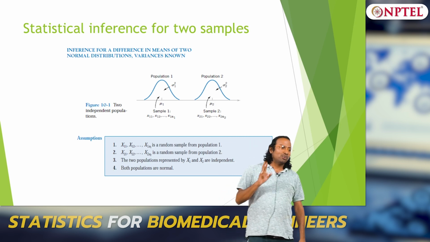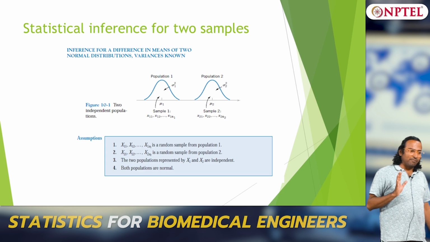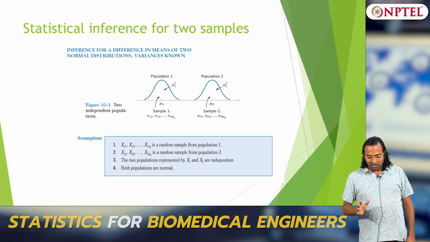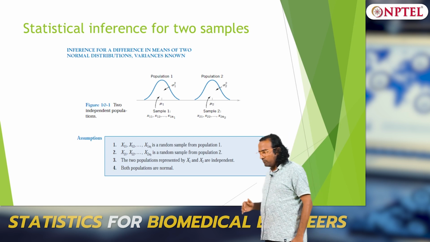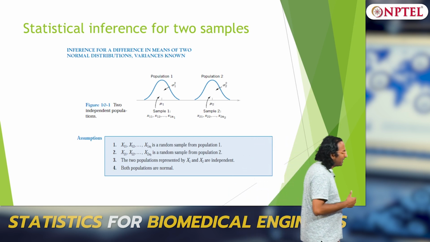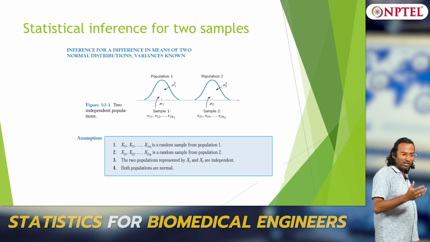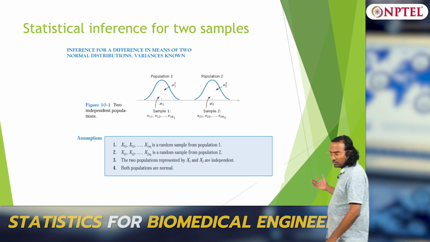What do I mean by that? Two random variables, basically. We are talking about two random variables instead of just one, and of course with assumptions. So first let us take a simpler case. We have not formally defined correlation or multivariate random variables yet. We will define it after this portion.